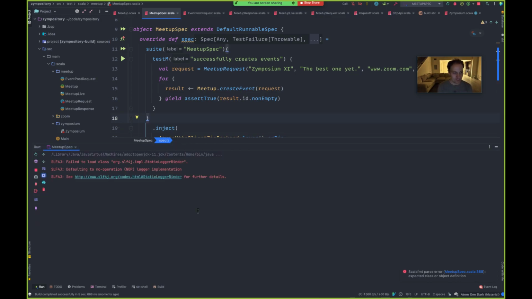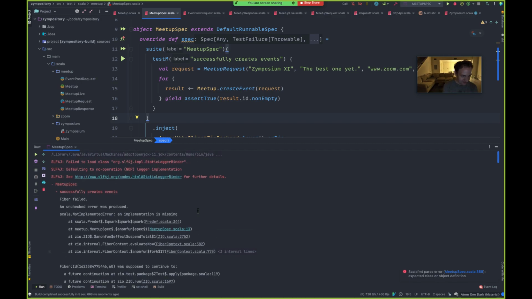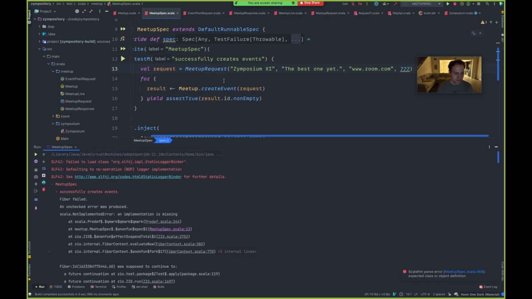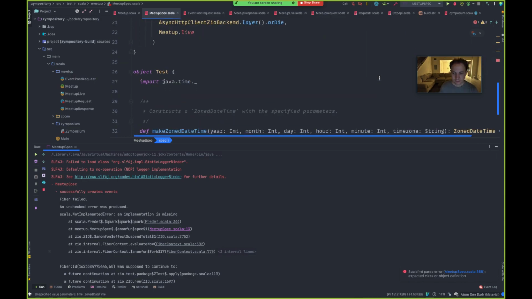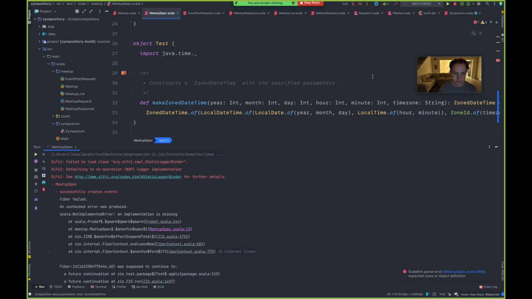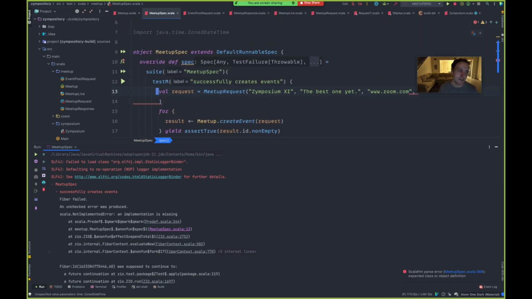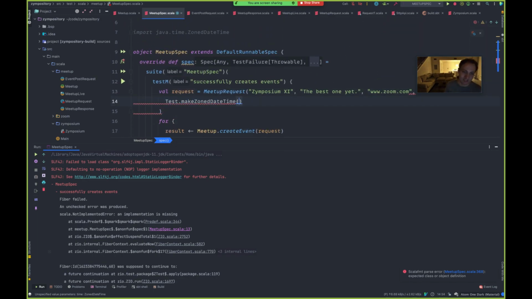We have progressed to a runtime failure. Exactly. Amazing. So it's going to be the implementation's missing. Which one is that? Oh, I had question marks here. So this needs to be the zone. Oh, did you figure something out in your zone daytime experiments? Oh, nice. I just create a helper method. I mean, it still has a billion things, but at least it's just one parameter list.